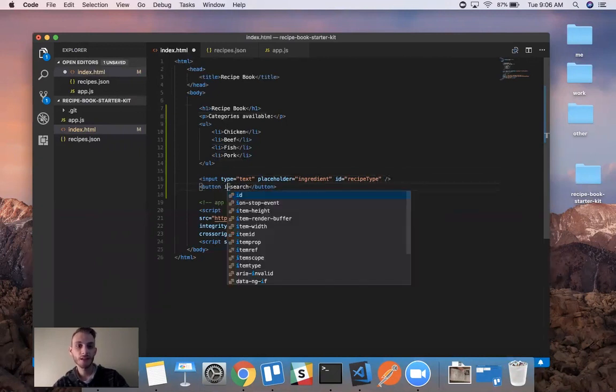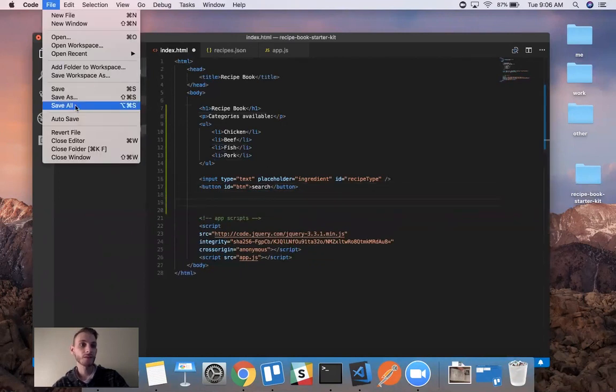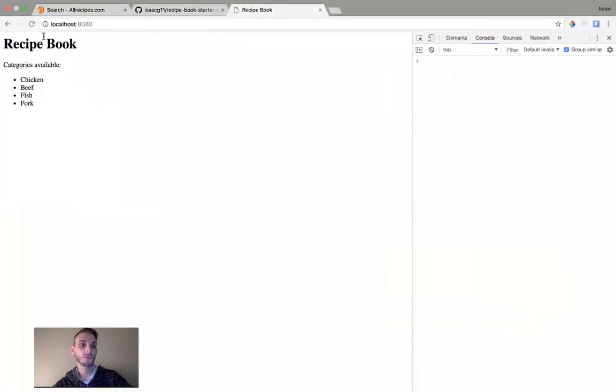And let's add an ID to this button. And that way we can target the button and add an event listener. So every time it's clicked, we can run a callback function. Okay, so I'm just going to call this button. Okay, and now let's go ahead and save that. Refresh. Okay, now we have a way to